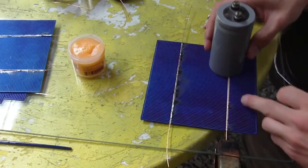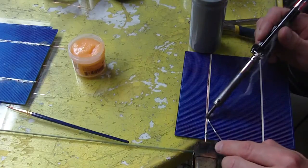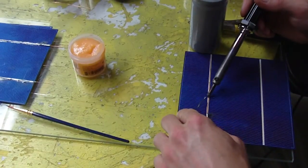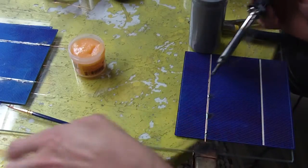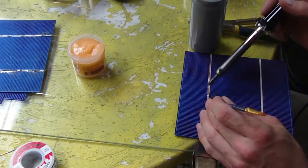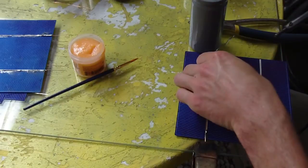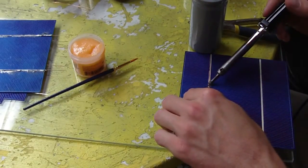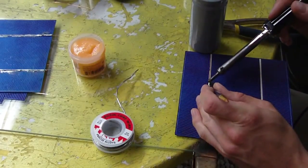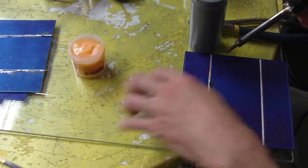And you can just move this along and then continue right there. That's perfect. And then move down. Now the best way is to go from one side to the other side, because the whole thing warps as you're soldering. So the best way to do this is to just go from one side to the other, because then it won't make the wire bend the cell, and it'll raise up. So once you get a few tacks,